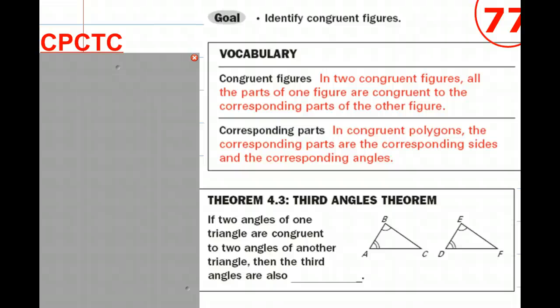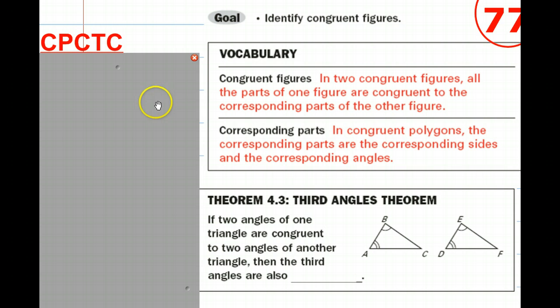Riggins coming to you with our final day of working with congruent triangles, and we're going to learn something that I have shortened, other math teachers have shortened into CPCTC. Well, first of all, let's go back to our notes and look at what we know about figures that are